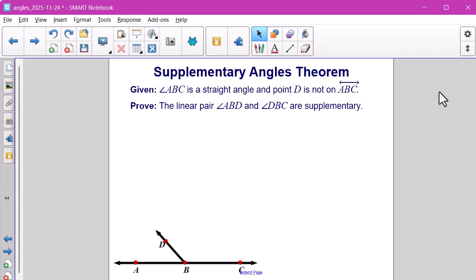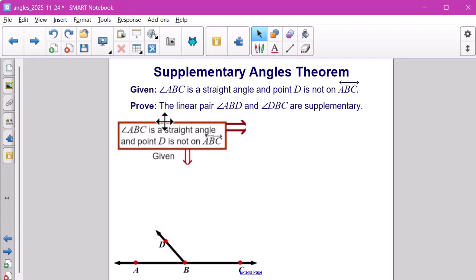Now let's work through the supplementary angles theorem. We are given that angle ABC is a straight angle and point D is not on line ABC. And we need to prove that the linear pair angle ABD and angle DBC are supplementary. Well, let's first start off with our given statement that angle ABC is a straight angle and point D is